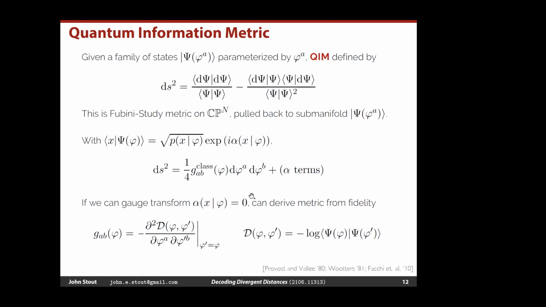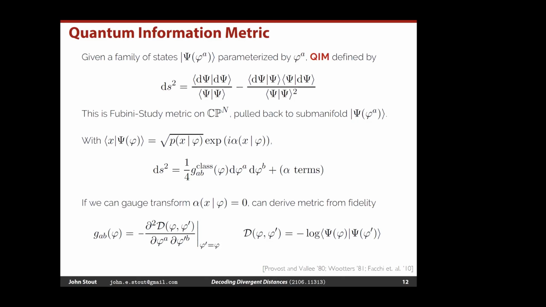So this is related to Berry's connection, of course, right? Yeah. So when there's a Berry curvature in the theory, I can't remove these alpha terms consistently over the entire family, and I have to worry about it. But in fact, this quantum information metric naturally comes in a pair with the Berry curvature. So I can think of the quantum information metric as the real part of a tensor whose imaginary part is the Berry curvature. And together they form this oddly titled thing called the quantum geometric tensor.